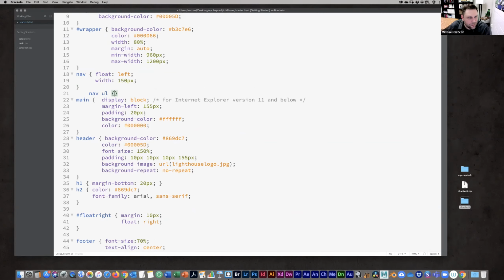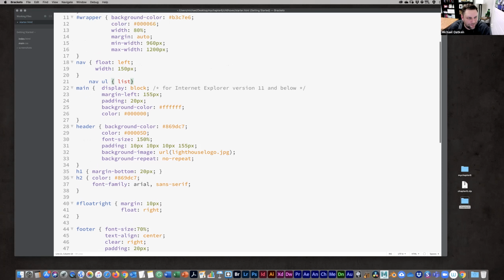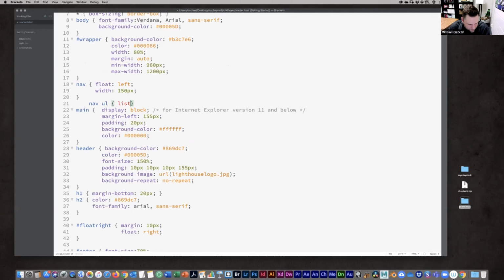So go ahead and put in your curly brackets, and now we're going to tell it list-style-type. We need all three of these: list, hyphen, style, hyphen, type. I'm going to say none, so we don't want any default browser styles applied to that.